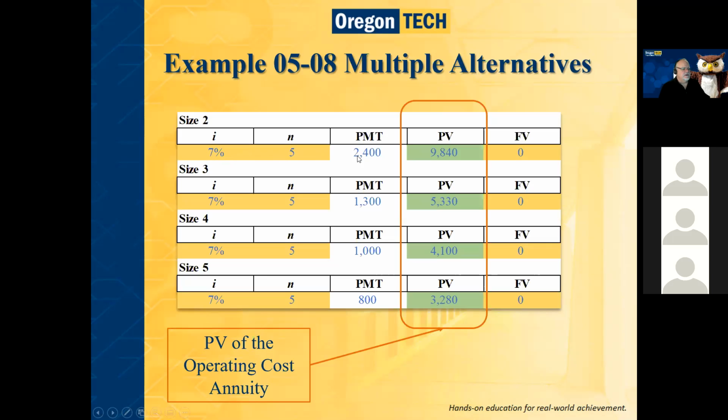So the present value of that $2,400 for 5 years for pumping is $9,840. Similarly for each one, you've got an outflow of $1,300, 5 years, 7%, 53. Cool. Each one of these alternatives, you do this present value calculation, given you have an annuity, i.e. payment,